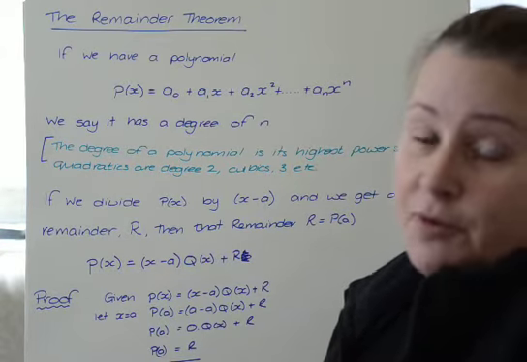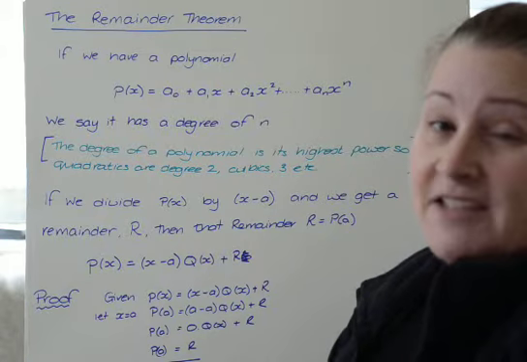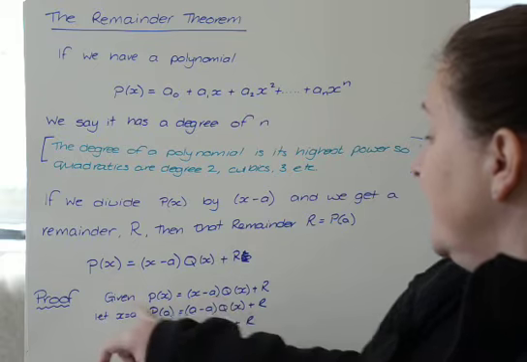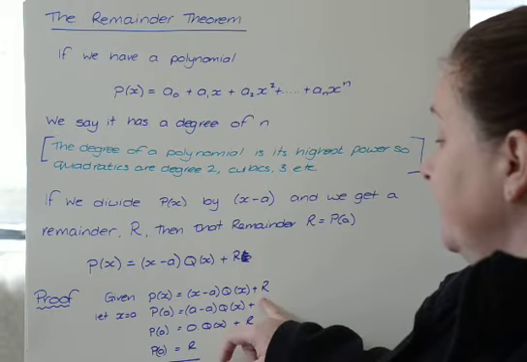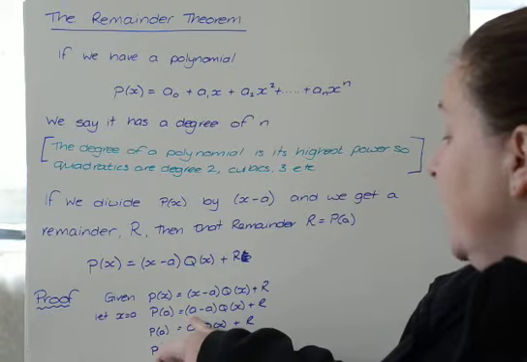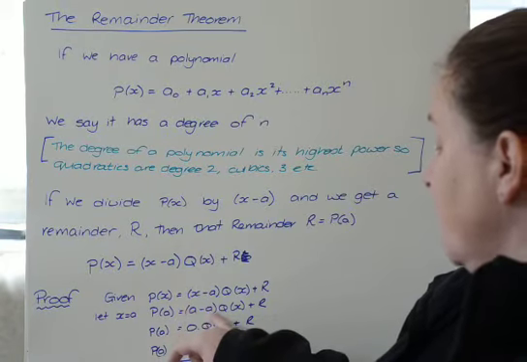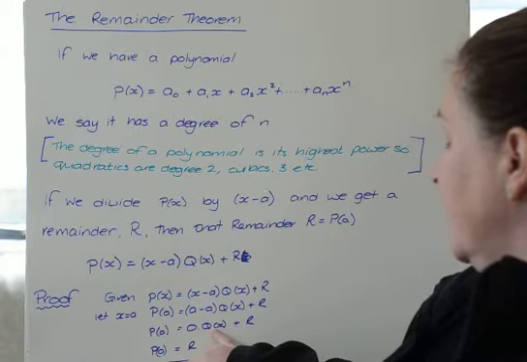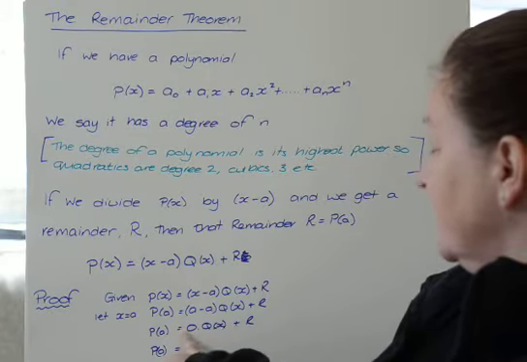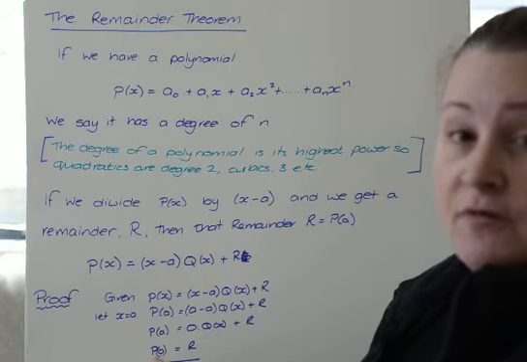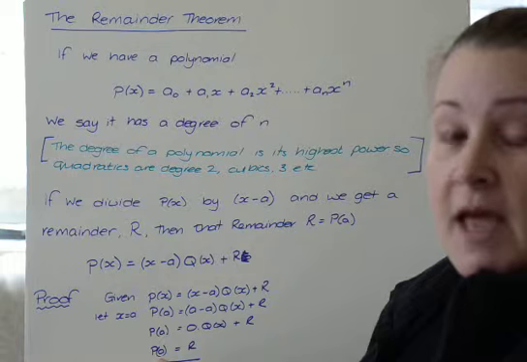So here's a bit of a proof. For those of you who are looking at excellence, it may well come up in something like that. So here we are, we're given that this statement is true. I'm going to let x equal a. So obviously as soon as I put a into here, that's going to go to 0. Okay, so I get 0 times the quotient, which is here. So that's obviously just going to disappear, so that the remainder is the value of the polynomial when x is